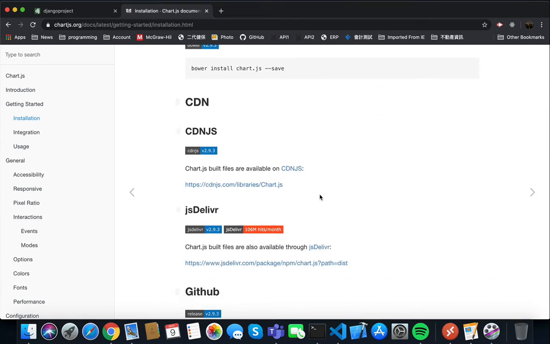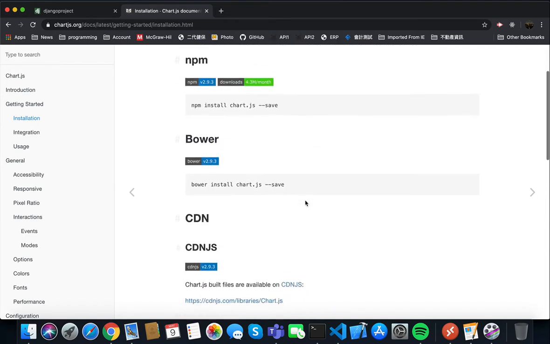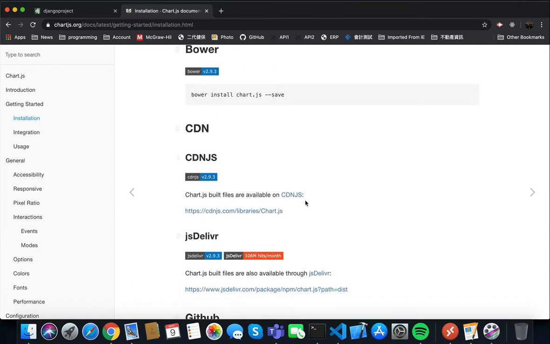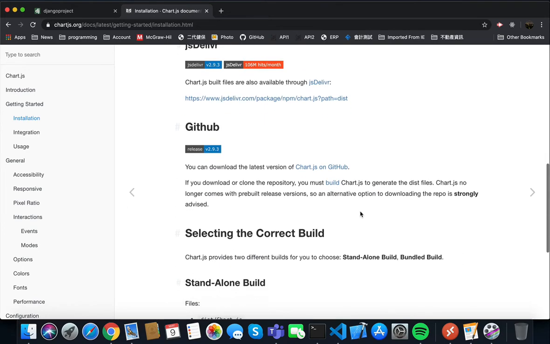Because the way that the Django project is set up, it's difficult for you to use the npm package manager. So what I would suggest is just to copy the link provided by CDNs and link it in